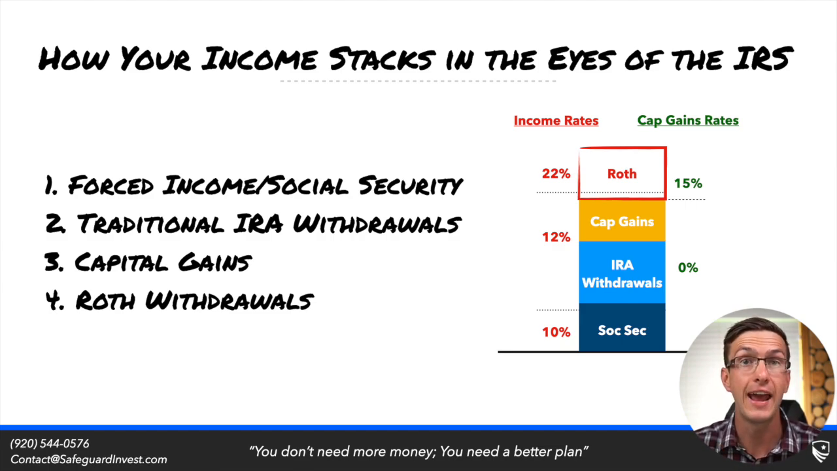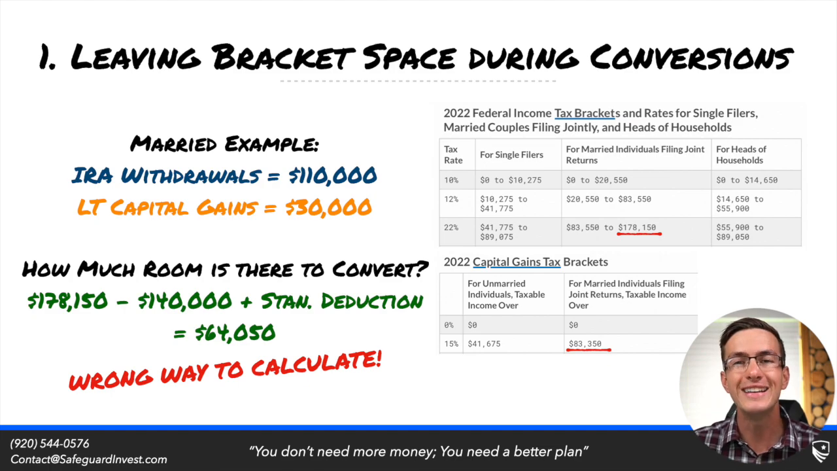Those are obviously tax-free. So mistake number 1 is leaving bracket space during conversions. And so let's say that we have 2 separate taxable events that we need to consider here. So we have a married couple and they took $110,000 of IRA withdrawals throughout this year, and they have long-term capital gains of $30,000 that they need to be considering here. Now, they ultimately want to max out the 22% bracket here in 2022. Now, as you can see on the right-hand side of the screen, they can bring their income all the way up to